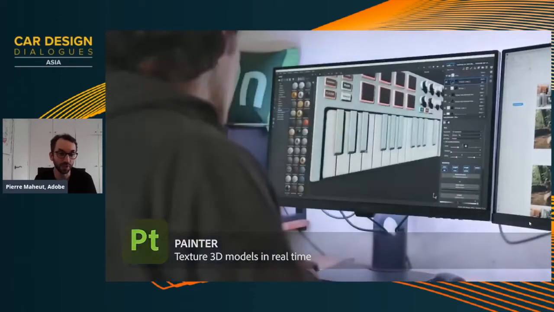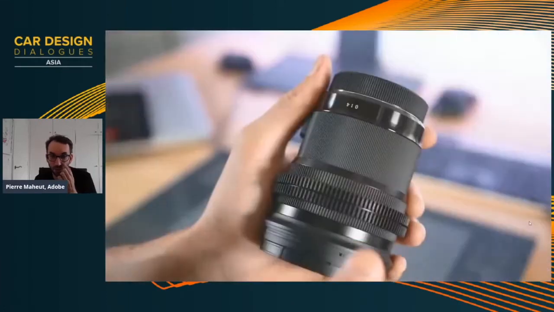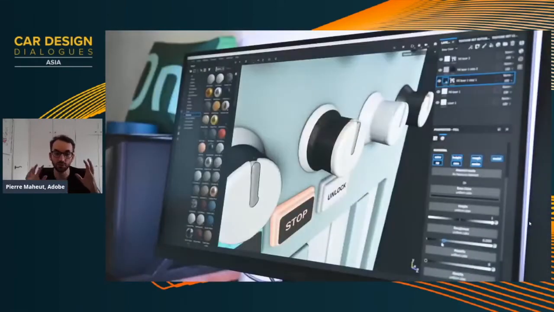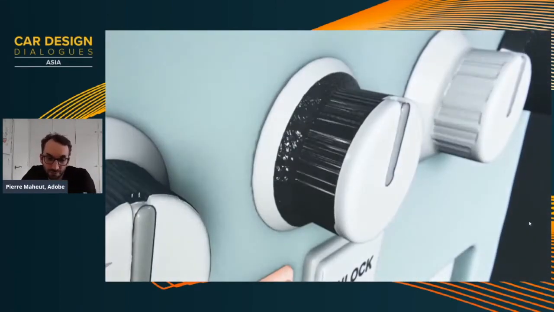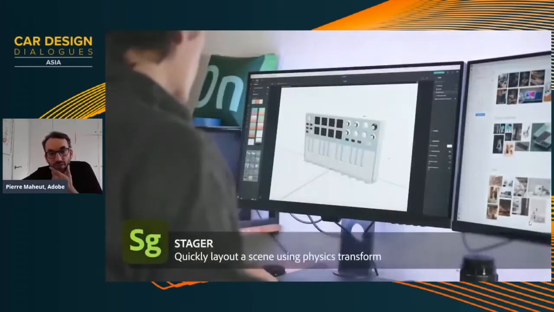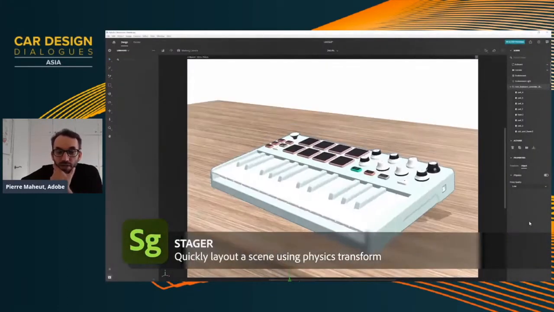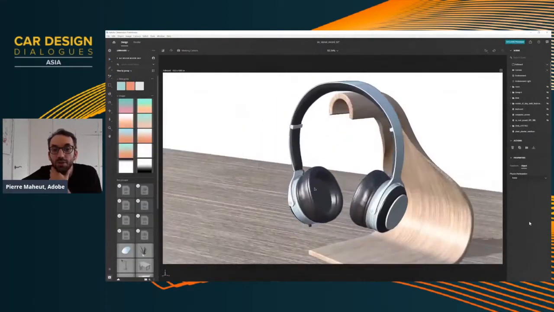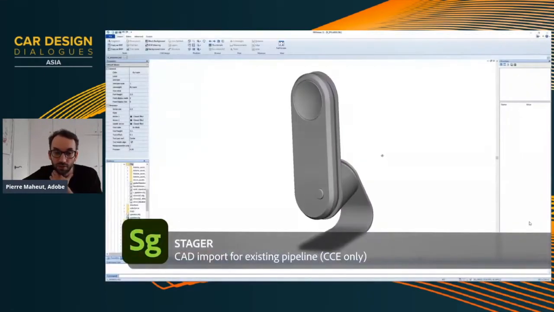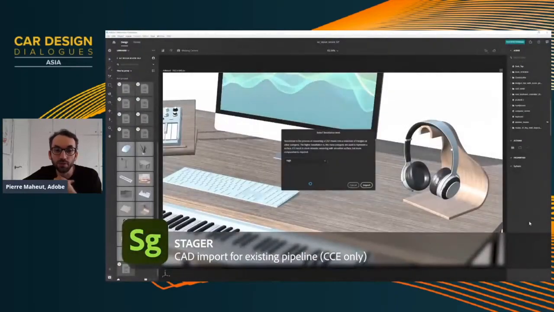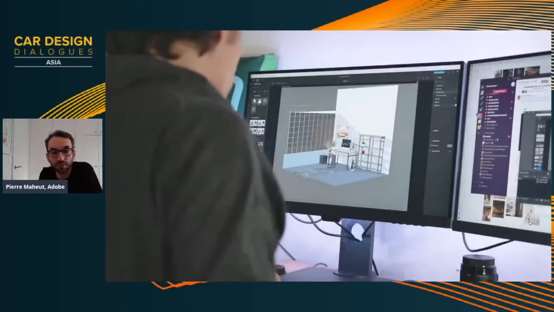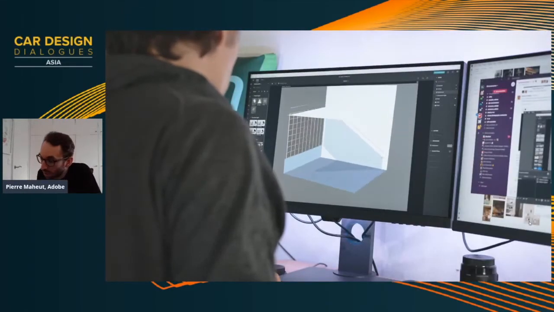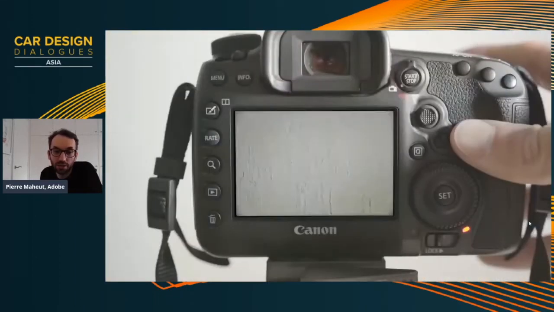Then we have Substance Painter, which is one of our most well-known tools that allows you to apply textures and graphics on top of an object with a high level of detail. Switching to Stager, when you put your object in place in the context of staging, allowing you to even import your CAD model that could come from CATIA, Alias, or any other tools.